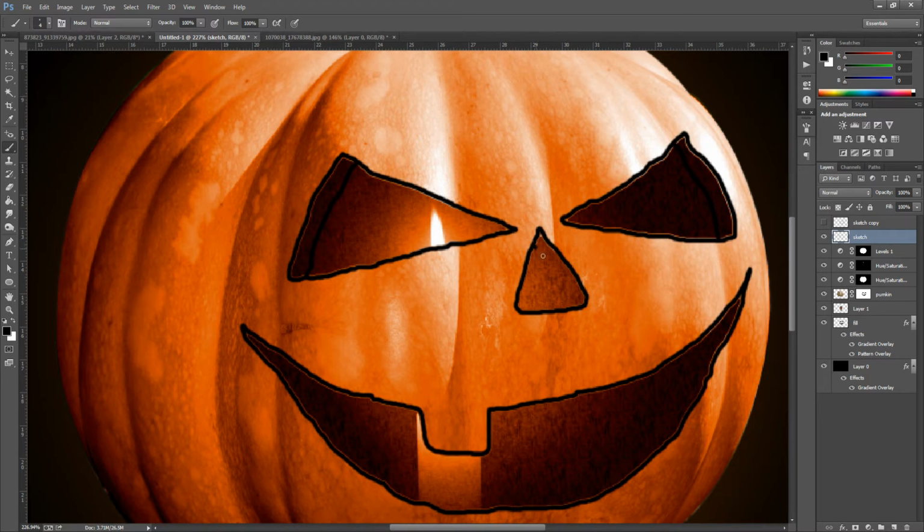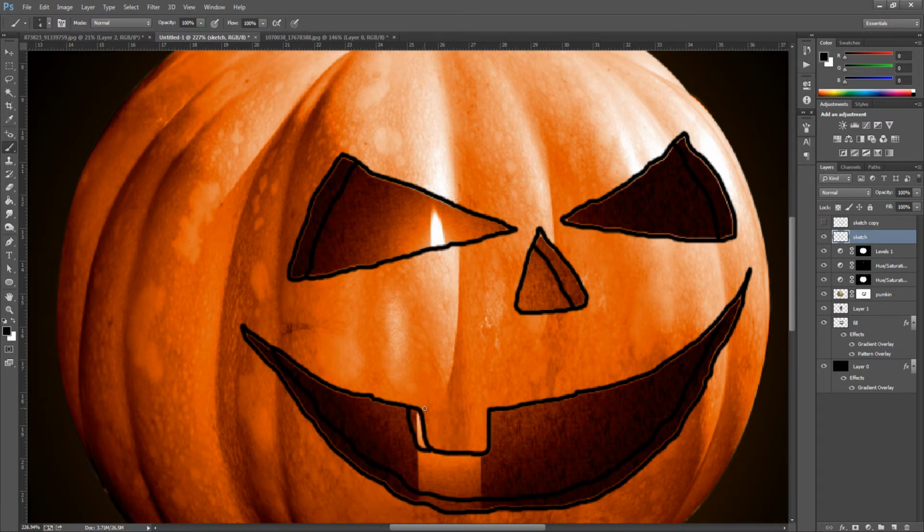And for the nose, gonna do the tooth, and then just for the mouth, round about there. So all we're doing is following it round. As I said, it doesn't matter if you're neat because it just brings that effect.